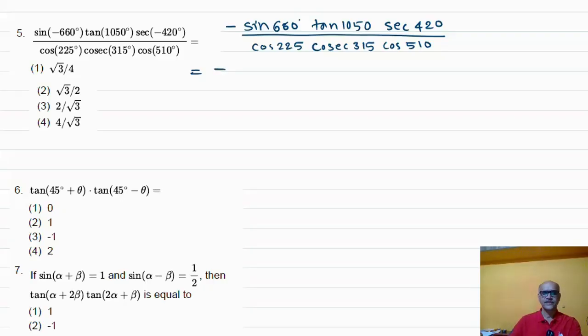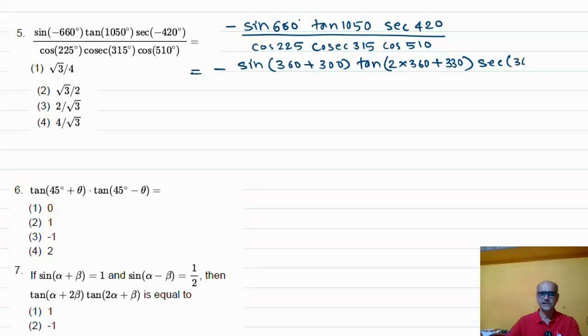So minus 660, I will write it as sin of 360 plus 300. Tan 1050 is greater than 720. Let us see how much greater than 720, again it is 330. So tan of 2 into 360 plus 330. Correct? Secant 420 is greater than 360. So secant of 360 plus 60, divided by